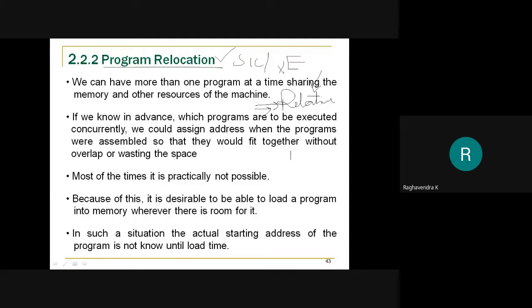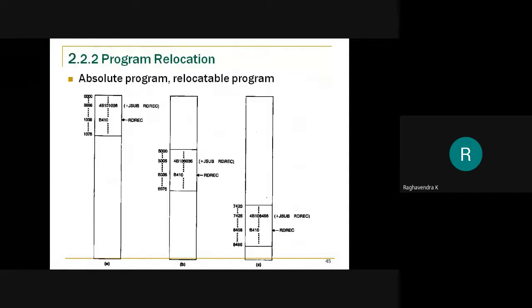Of course, format 1 and format 2 instructions also do not have any issues. Format 1 does not have any operand, and format 2 does not refer to any memory location, because they are register to register instructions. Format 3 also does not have any issues because it uses relative addressing mode. So the only problem was with format 4, which had direct addressing. The direct addressing problem was resolved by